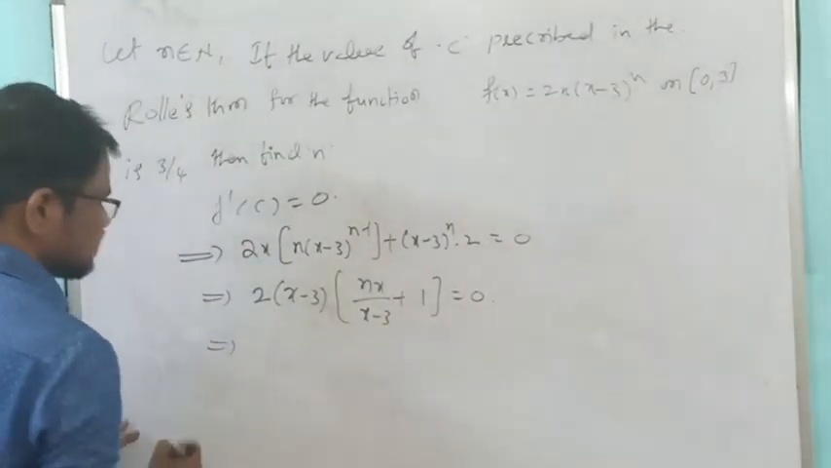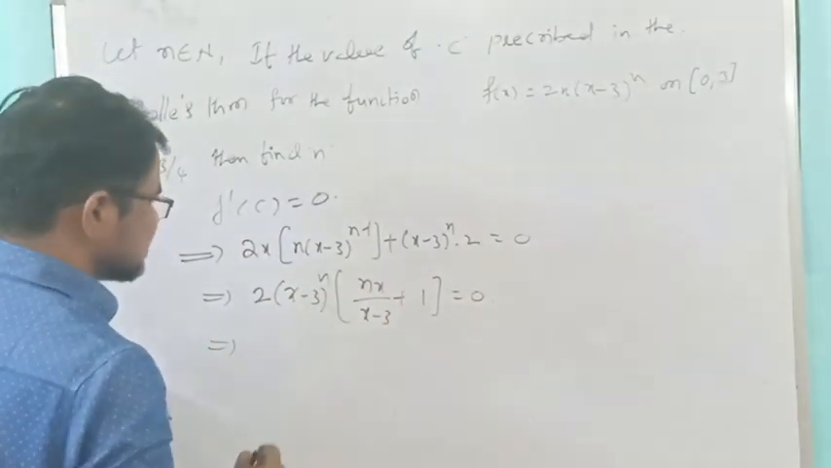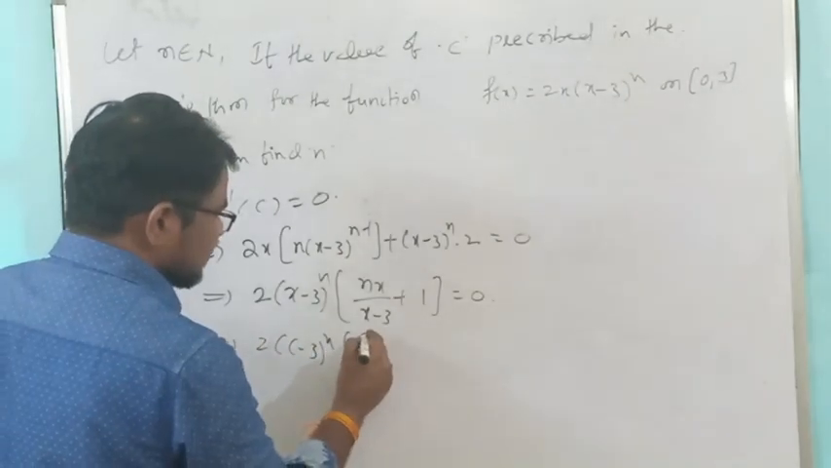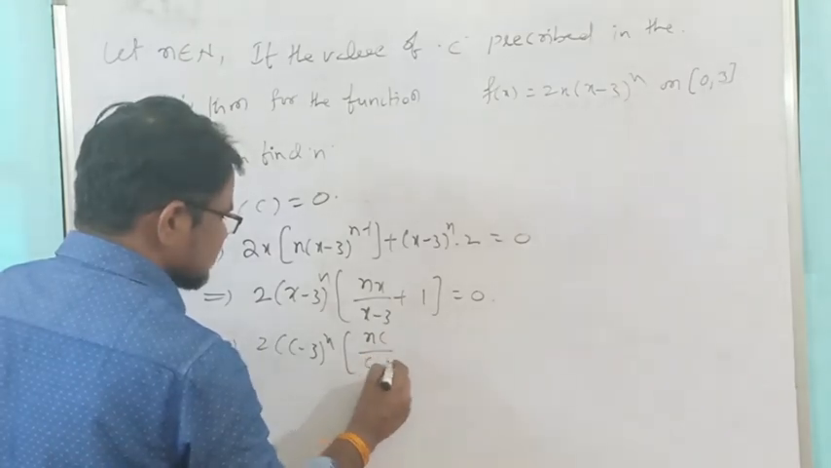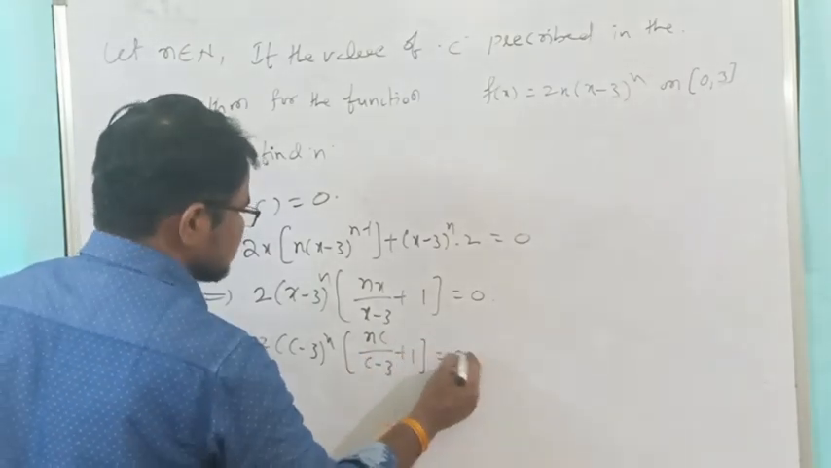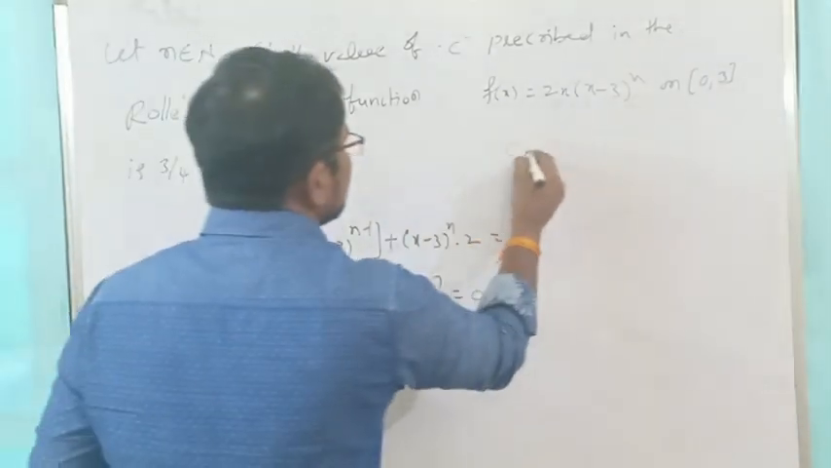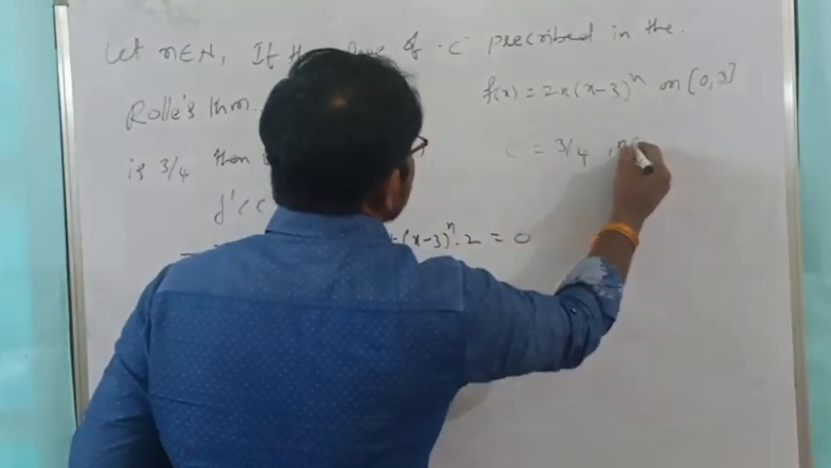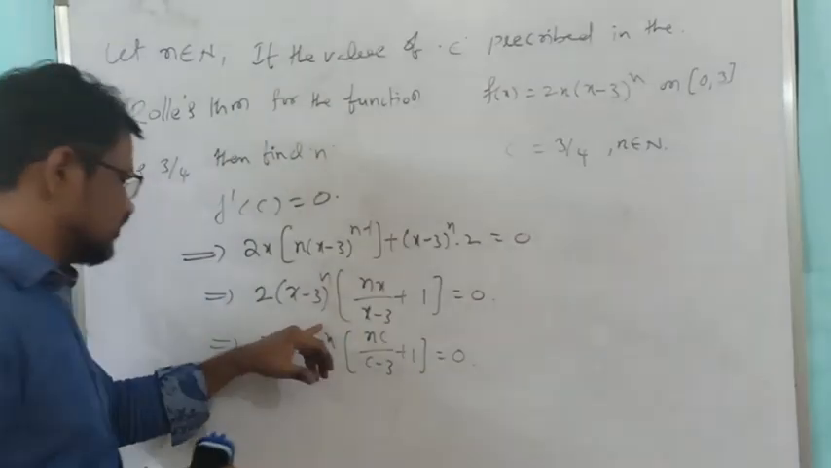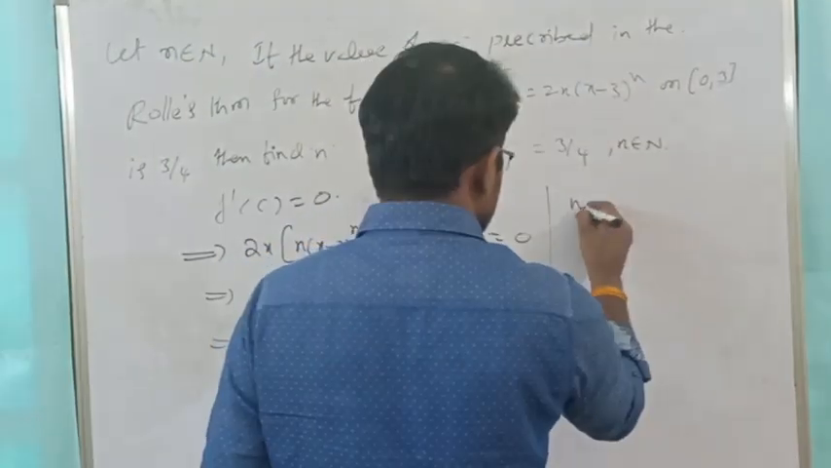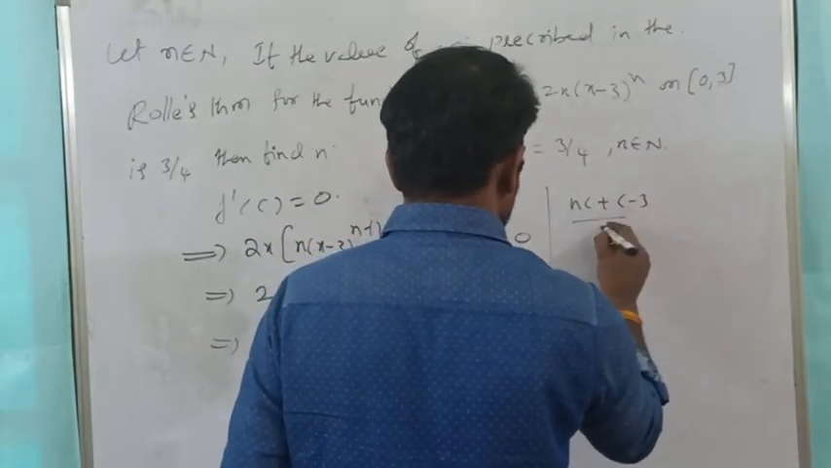Replace x by c. 2 into (c minus 3) whole power n minus 1, into nc by (c minus 3) plus 1 equal to 0. Now c value is 3 by 4, they have given. c equal to 3 by 4. n is a natural number. Any natural number you take here and c equal to 3 by 4, this is never 0. So that's why definitely nc plus c minus 3 by c minus 3 equal